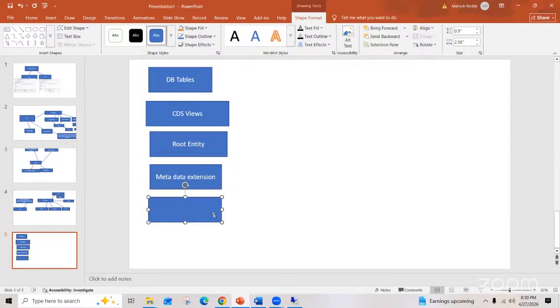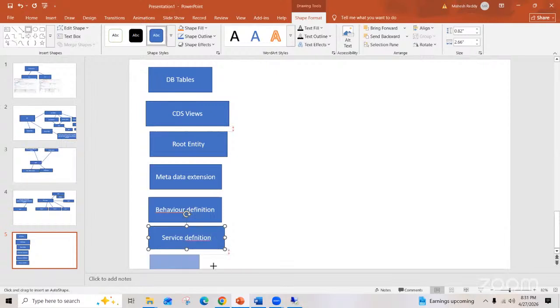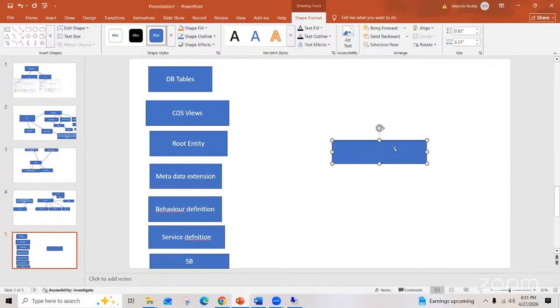Then we do the behavior definition, where we write the actual code. And then the service definition. Then we give the service binding here. From this service binding, the Fiori UI5 team, the Fiori people,